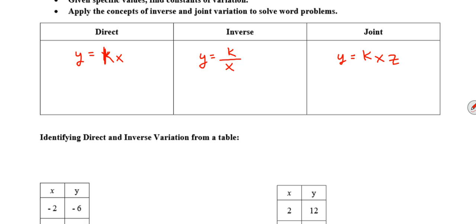Right? So direct variation is just a simple multiplication times the constant. Inverse is when you divide the constant by a variable. And joint is when you multiply the constant times multiple variables. Right? And we'll notice this k here. You notice k is in every one, right? You see this k here, you see it here, and you see it here. So the way we read each of these, right, is y